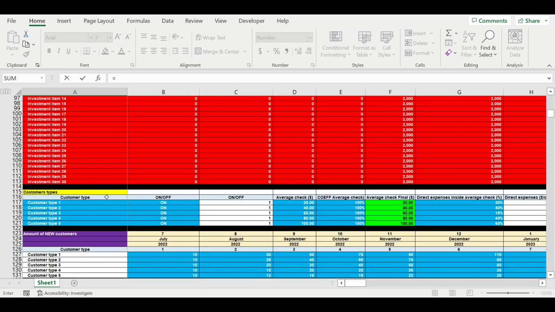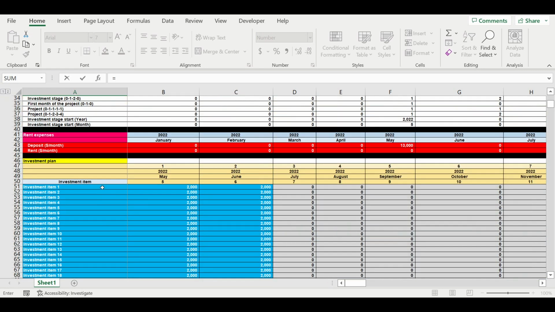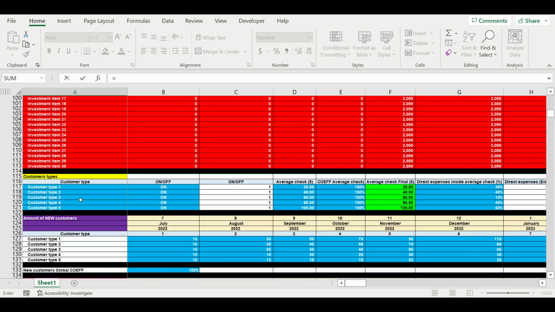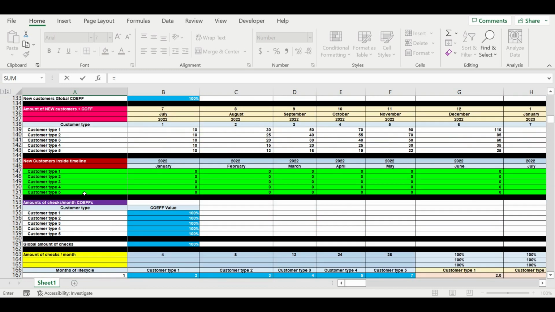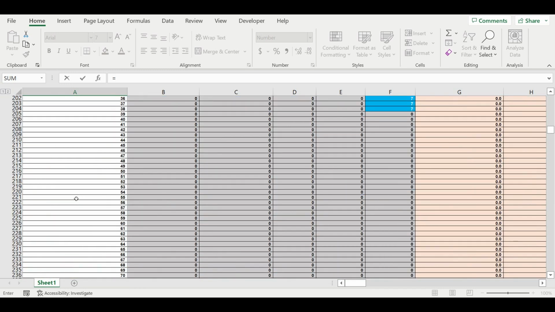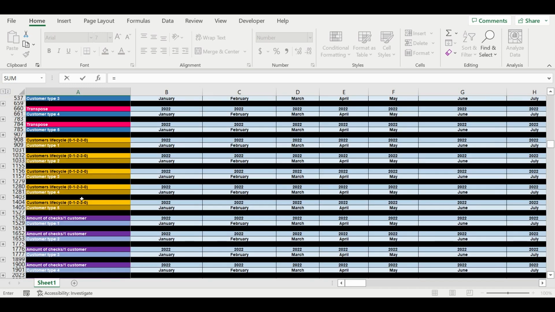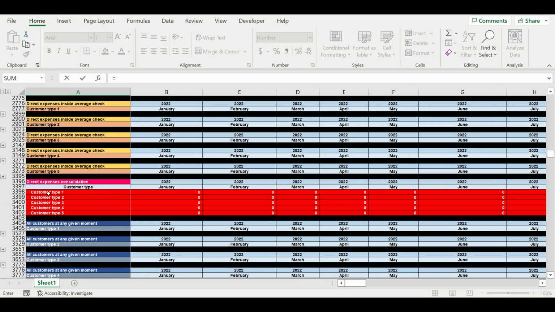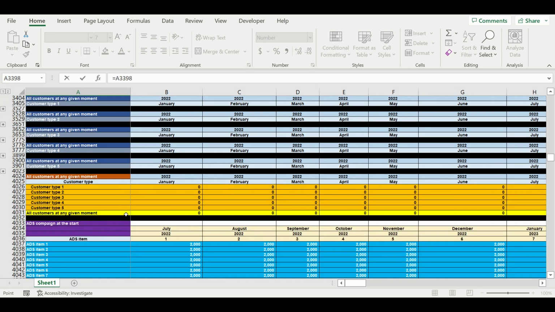I'm searching for red lines like this. So this is the investment plan. I don't need this at the moment. So these are direct expenses. I'm putting these lines into the cash flow statement. The next